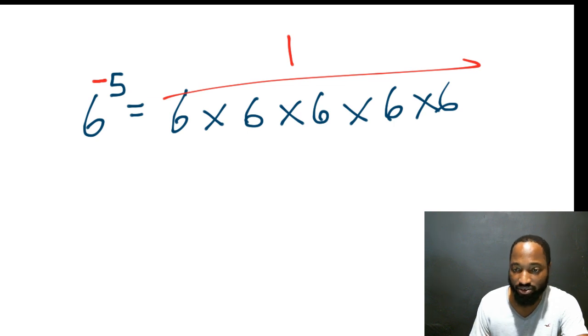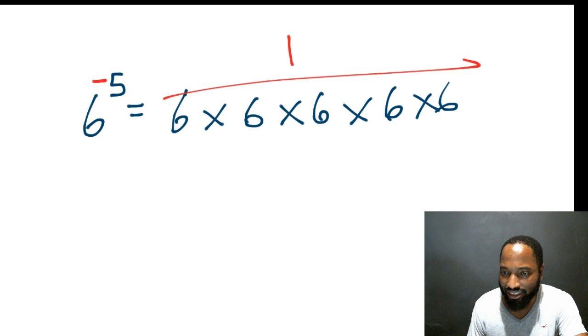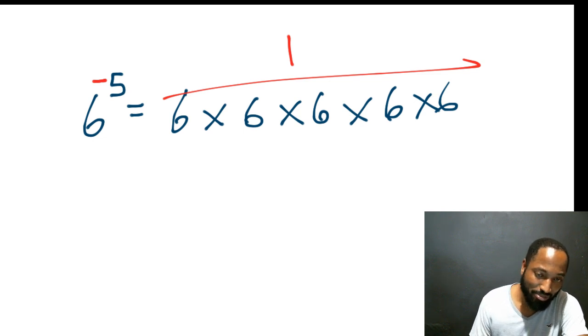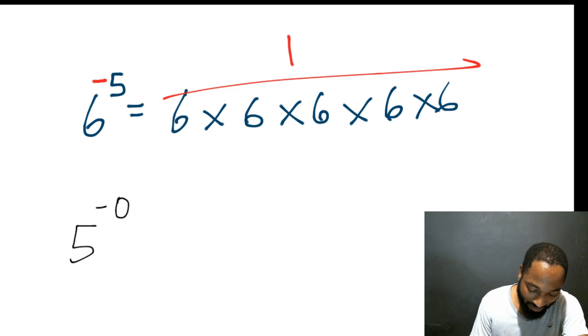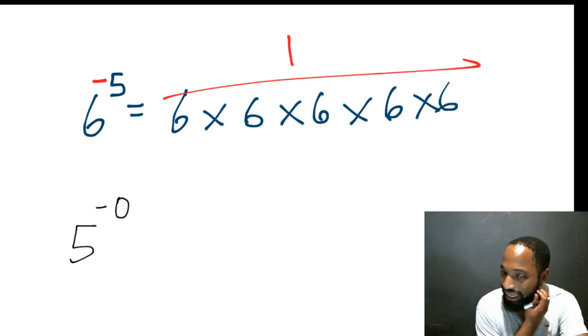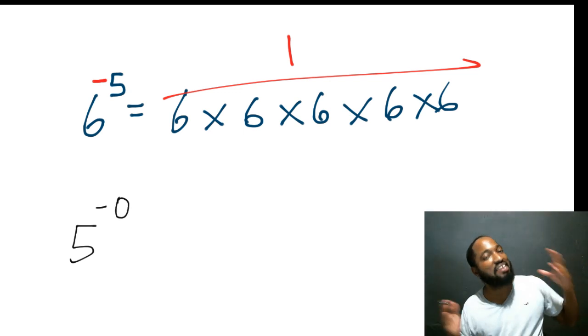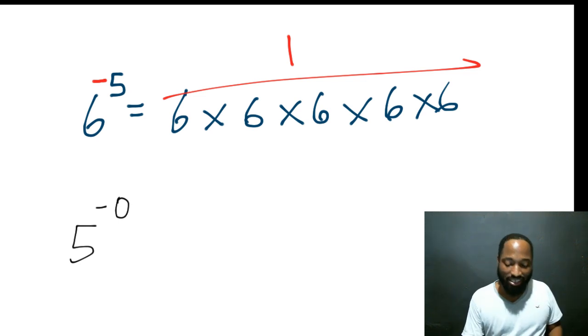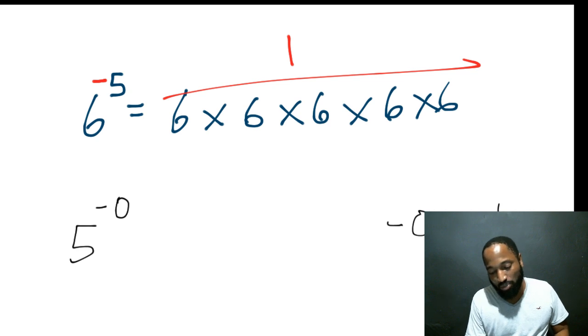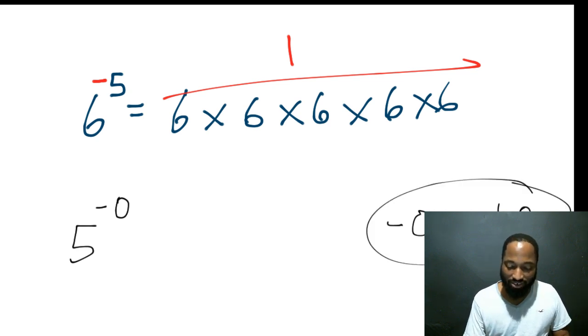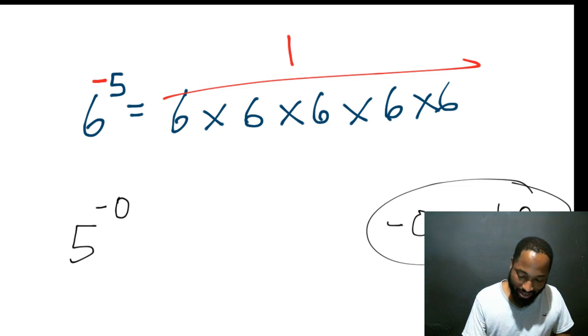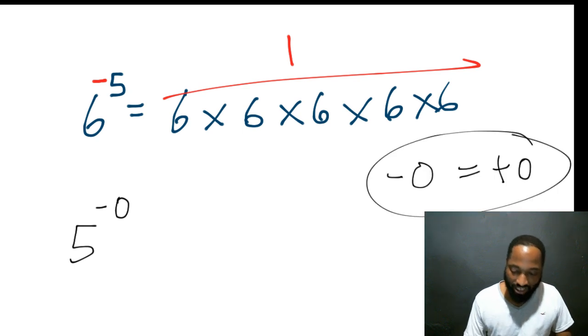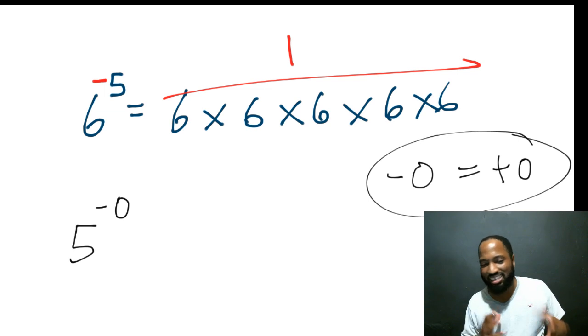Whole thing. So 5 to the negative 0 is 5? Ooh, you're asking some tough questions there, bro. If you mean 5 to the power of negative 0, well, in maths there's nothing like negative 0. Takeaway 0 is the same, negative 0 is the same thing as positive 0. That's why I just, let me show you what I write there. Sometimes I forget on the screen and just write it. So you don't need to worry about that.